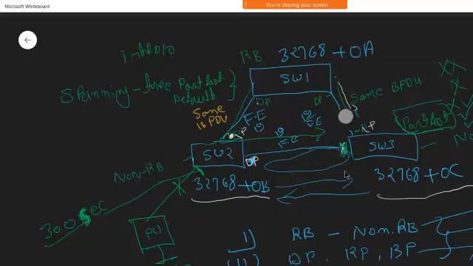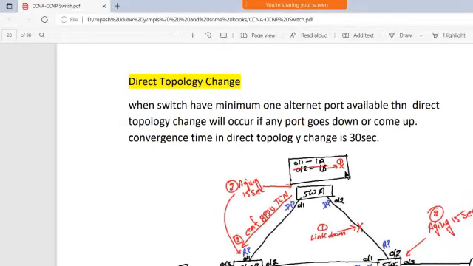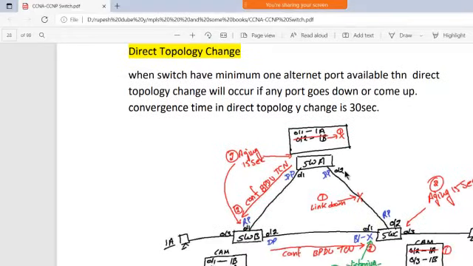Means the root port is going to block, and this block port is going to start electing itself as a root port, right? And this will start electing itself as a block port, right? Means how the changes are going to happen using some messages, and how the messages are going to be generated. The first step it will take is that the link goes down, right? So the first step is that the link goes down.